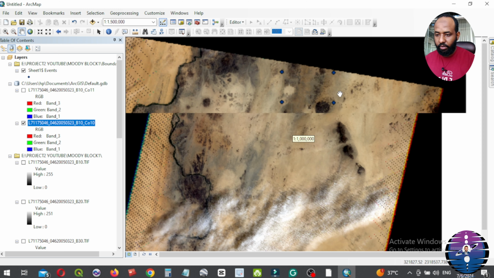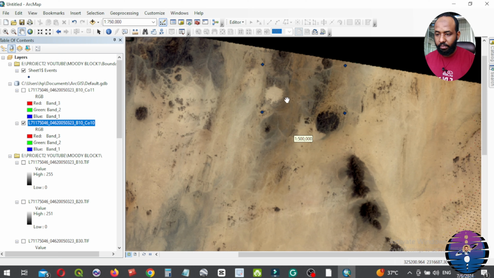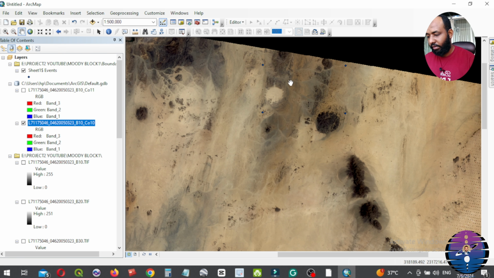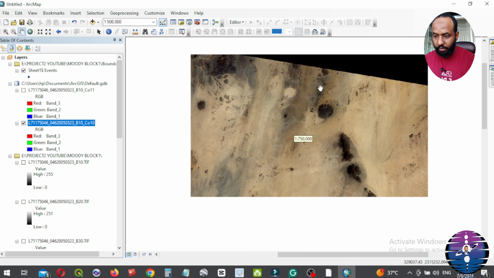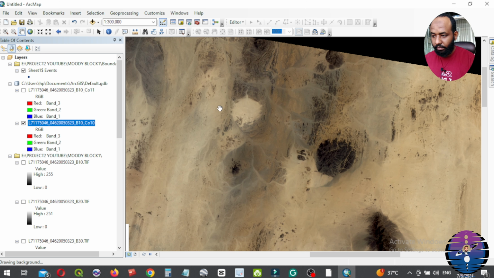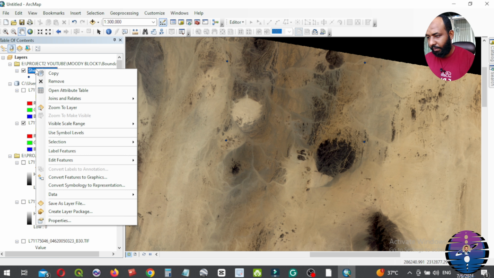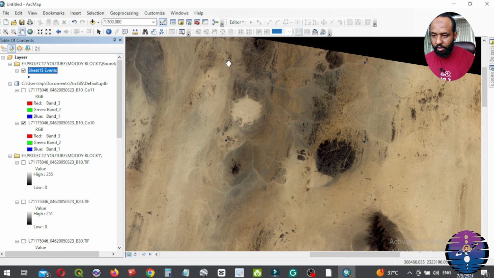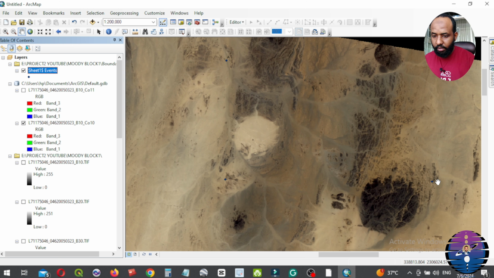Here, this is our 4 points. Four points represented the corners of the study area. From table of contents, here, right click, label features. You see A, B, C,